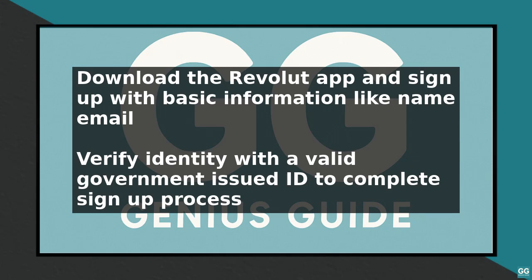Revolut supports over 30 currencies, including popular currencies such as US dollars, euros, and pounds. One of the key features of Revolut is the ability to exchange currencies at the interbank exchange rate, which is the rate at which banks exchange currencies with each other. This means that you can avoid the high fees and poor exchange rates that are often associated with traditional banks